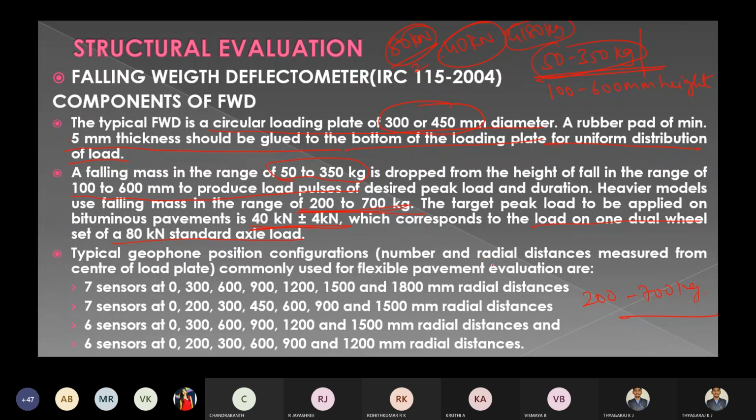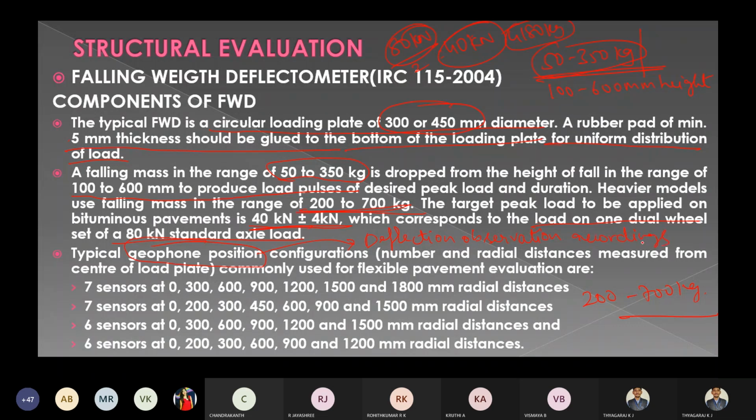After applying, you are going to record the deflection readings using geophones, which are the deflection observation equipment.